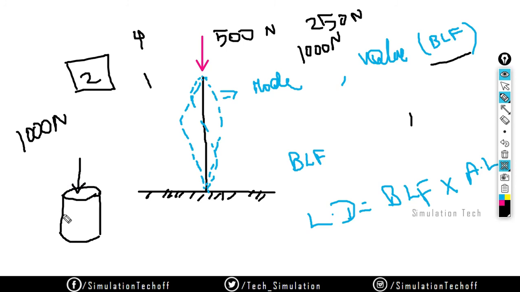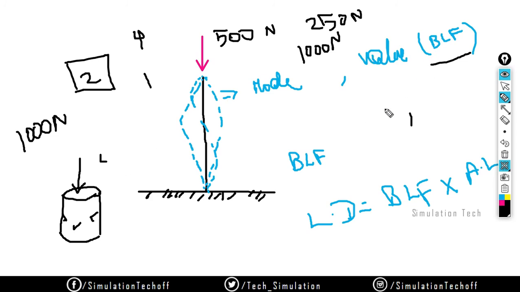If there are some cracks or irregularities in this can, it will buckle at a very low load factor, a very low amount of load. So that is what affects the buckling.